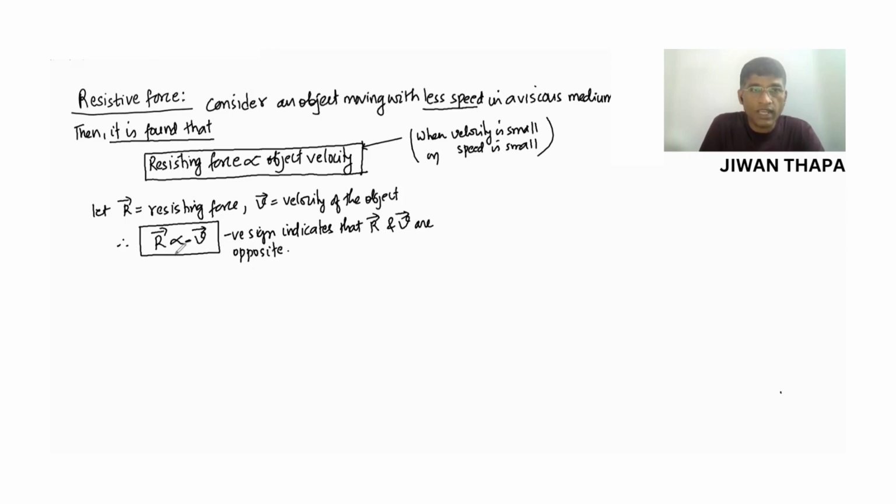So from this relation, after removing proportionality, we have R equals minus B times velocity of object, and B is the constant of proportionality,